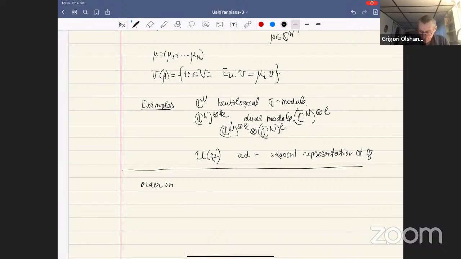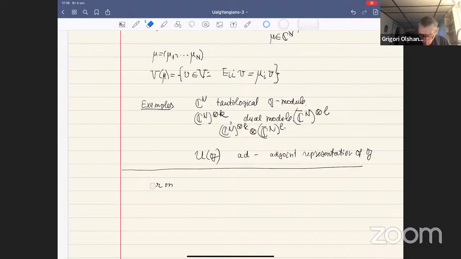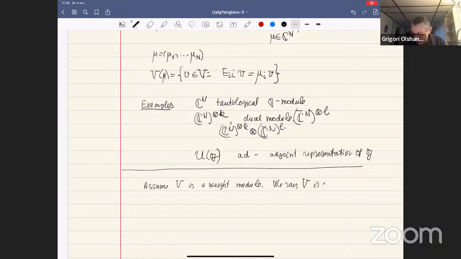What I want to say is the following. So assume V is a weight model. We say V is the highest weight model if there exists a vector V, which is called the highest weight vector, such that